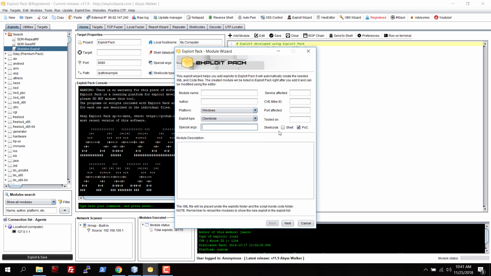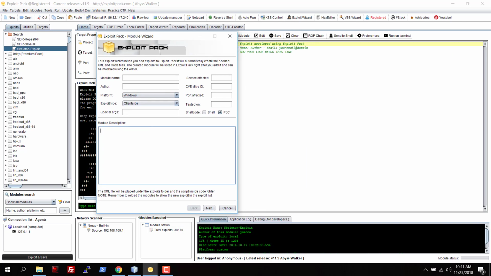If this contains any special arts, the module description will go here on the quick information that's going to be shown there, and also all this information from the exploit that you are setting up is going to be used under the report. Then the service affected by that exploit, the mitre CVE if there is any, and the port affected, and tested on, where you can set up, like, I tested it on a Windows machine or a Linux or on this version and so on. And then you can say, is this a shell? Does it have a shell code, or is it just a bug? And then when you click next, it will ask you to